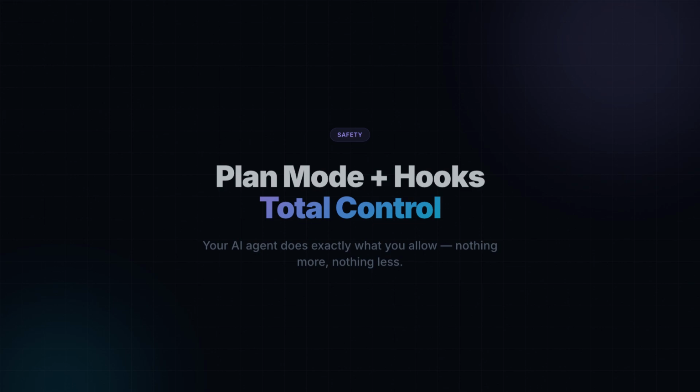I'm about to give an AI full access to my production code base, and I'm not even slightly nervous. That sentence should make you uncomfortable, because the default relationship between a developer and an AI coding agent is built on blind trust. You type a prompt, the AI starts writing files, running commands, and you're just hoping it does